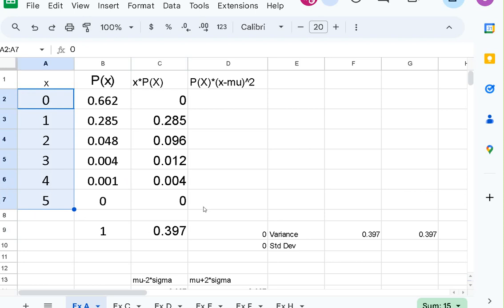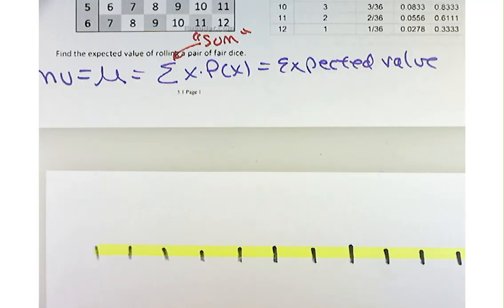Now we're going to do something more with the average here, which is we're going to find the variance and standard deviation. Those mean exactly the same thing here that they did back in chapter 3 when we were working with variance and standard deviation. So how do you calculate the variance now? Well, it's a good question. Let me share it with you.